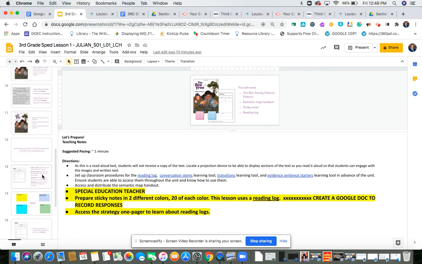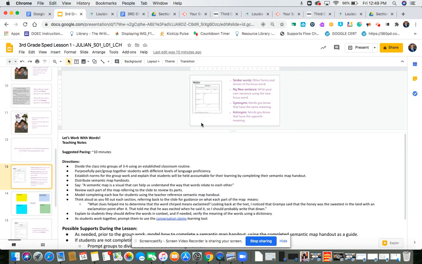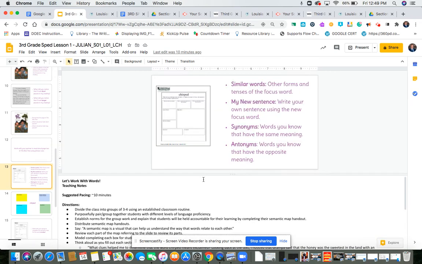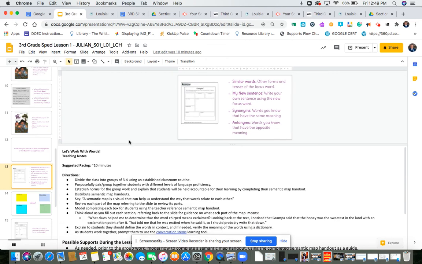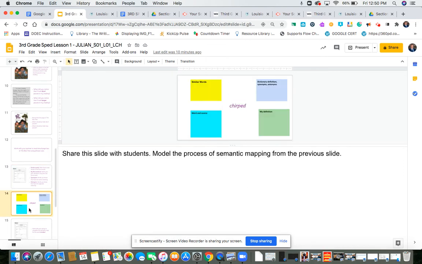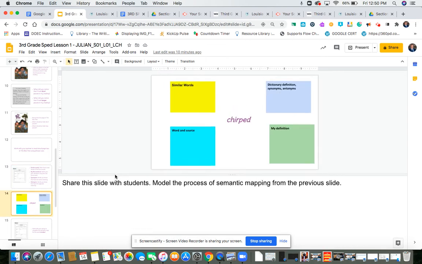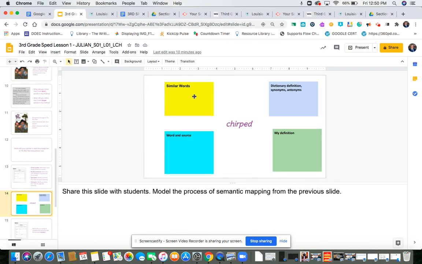So let's go to slide 13. So you'll see a graphic organizer here. Students may have difficulty accessing that. So what we did, we created a slide to model what they need to know. They'll need to know similar words, so we can actually type in and model similar words to chirp. Also, the definition, we can type that in. And also what would be my definition, we can model that if I created my own definition and the word